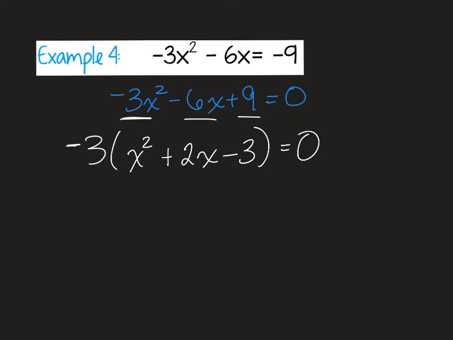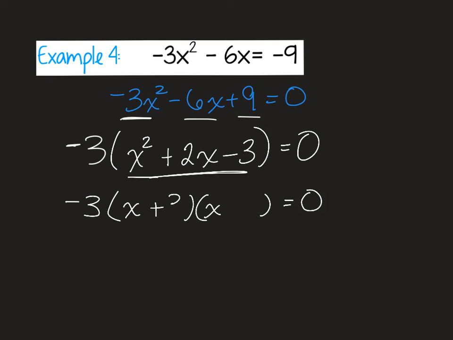Okay. Next, we need to see if this is factorable. It is. It's a basic again, so this is the easy factoring today. And what multiplies to give you negative 3, but when you add, you get positive 2. And that would be plus 3 minus 1. So now that it's fully factored,